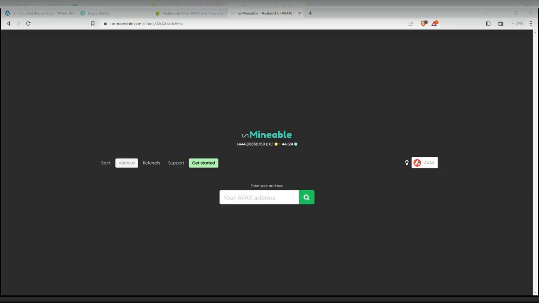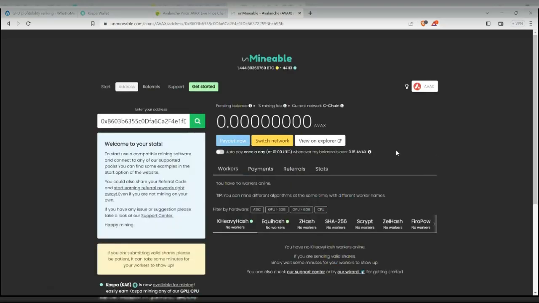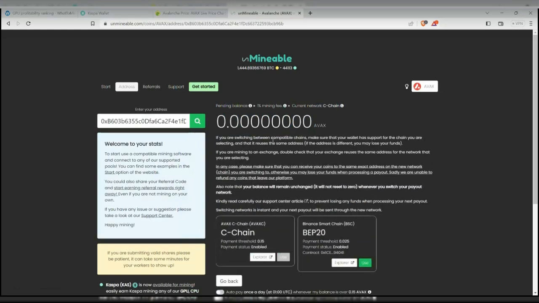Okay, so I'm going to copy that and bring it here and paste my wallet address here. And it's going to pull up the search for it, right? And it shows that I don't have anything done for it yet. So I'm definitely going to do it. I'm going to do it on the C chain. But let me go back to